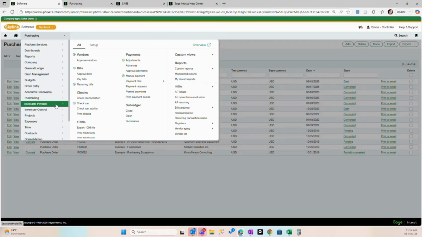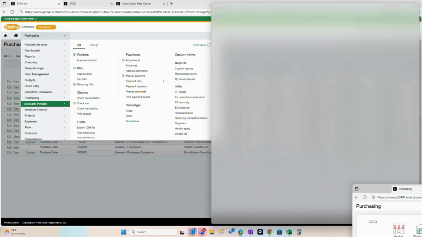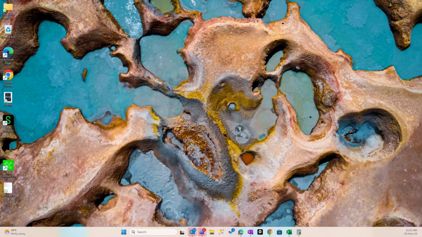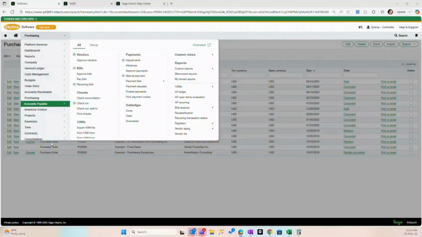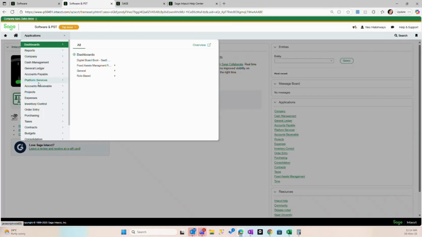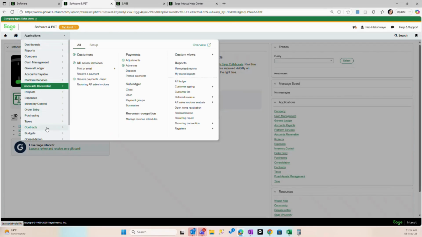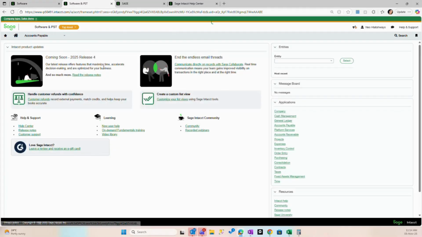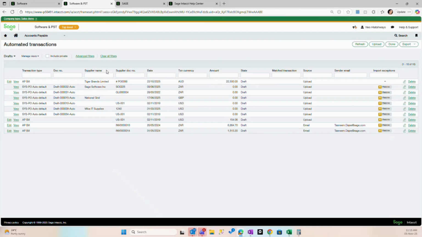Okay, while we are on the purchasing side of things, I just want to show you, and I think earlier when we started the conversation, I said I look at it as a smart system which has AI and machine learning. So what we also do have in Sage Intacct is something that we call AP automation. If I can just find my accounts payable. In the AP automation, what the system then does is